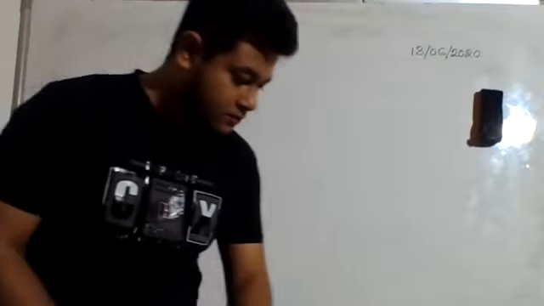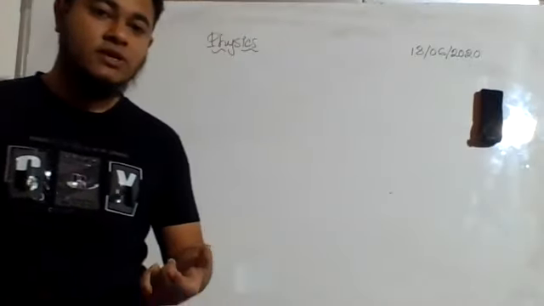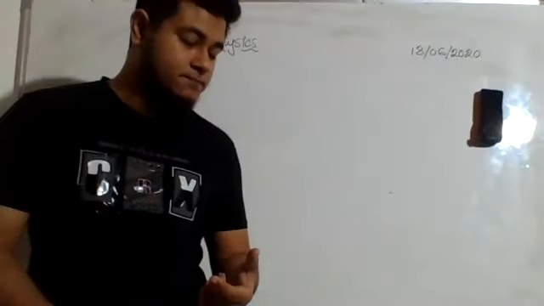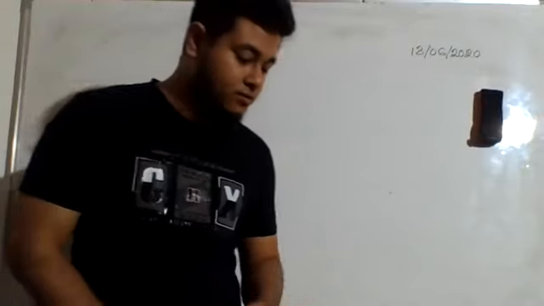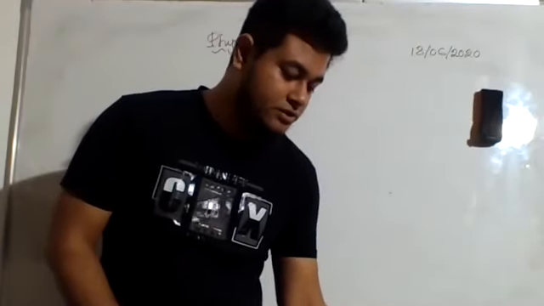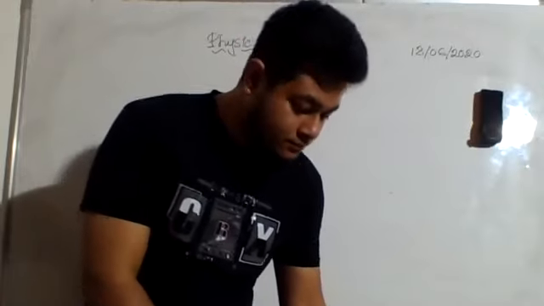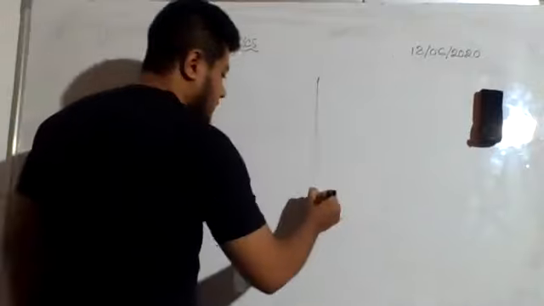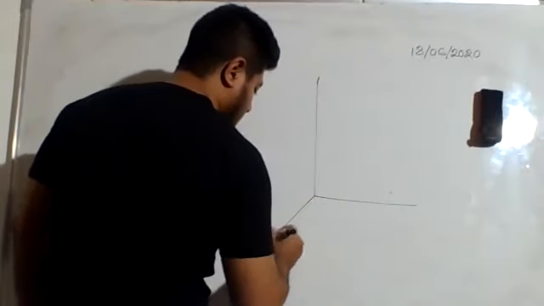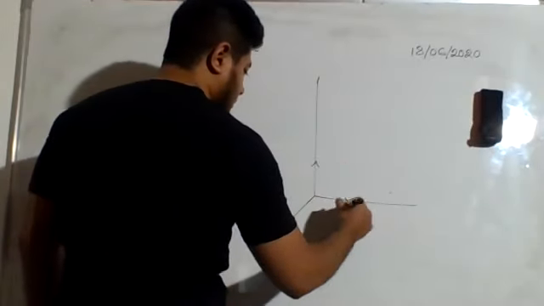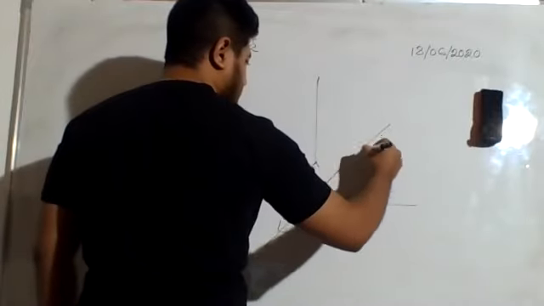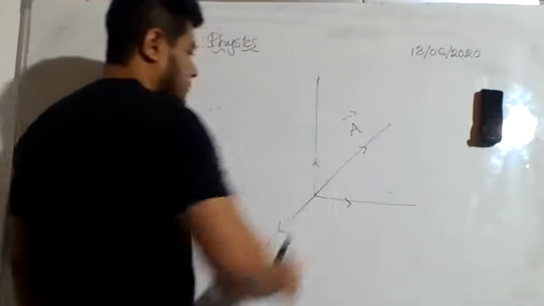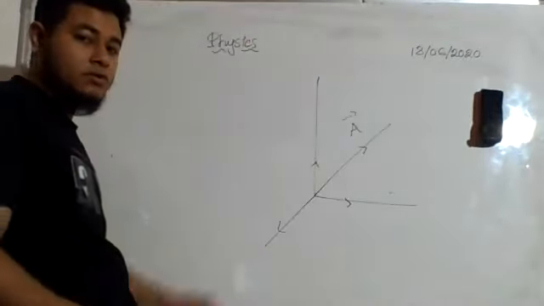Okay. So as I was saying, the last topic that I discussed is radius vector, and today we will start our discussion from direction cosine. So, direction cosine. Let us say we have a vector A. Now this vector will be making three angles with the three coordinates.